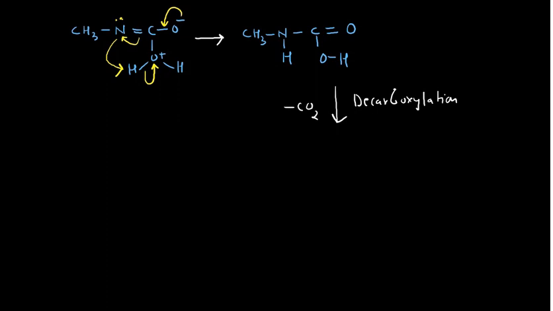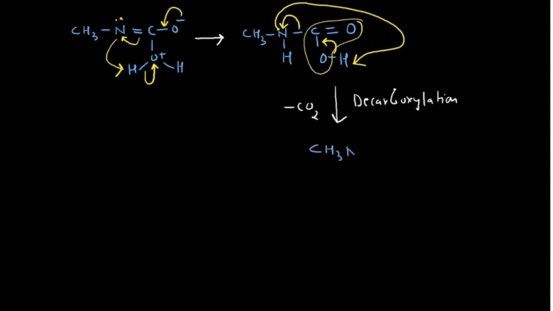You see, I can move the electrons from here to there. So this can come here, and this electron pair will come here, and that electron pair which has come here will grab the proton. Okay. So what can happen? That CO2 part would be removed from here, and that hydrogen has moved on to this nitrogen, and finally you end up with the product which is CH3NH2. So in this way you can get your primary amine. Okay. I hope you understood the thing. So this is the case when you start with the acid.